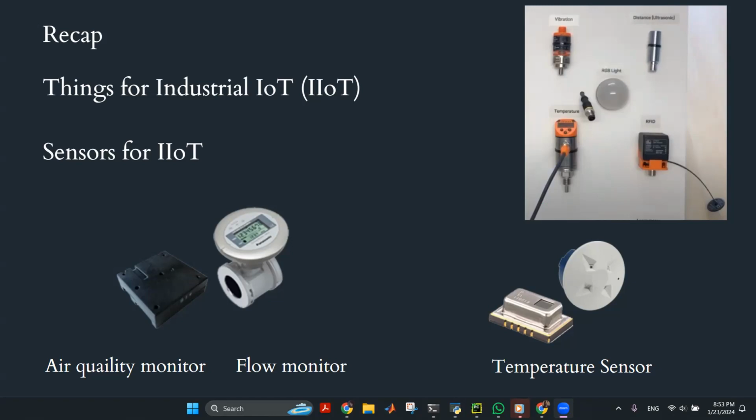So basically, we are hoping to develop IoT networks for more challenging environments that are available in manufacturing facilities.